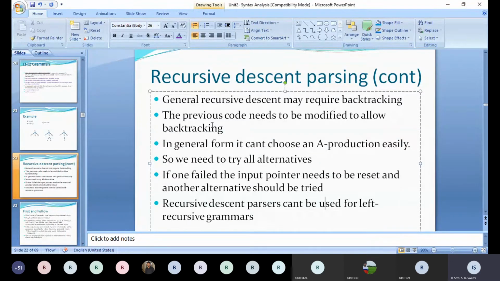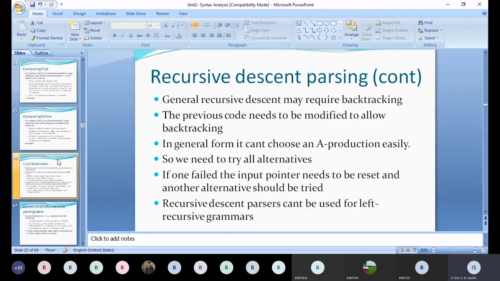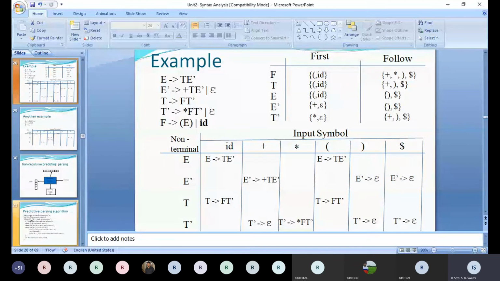In predictive parsing, we don't have any backtracking. We can directly pick up the particular grammar rule depending upon the given input. No need to check all the options in predictive parsing. Before understanding what predictive parsing is, we need to understand what first and follow are. Predictive parsing tables will be generated in order to identify whether a particular input can be generated or not.